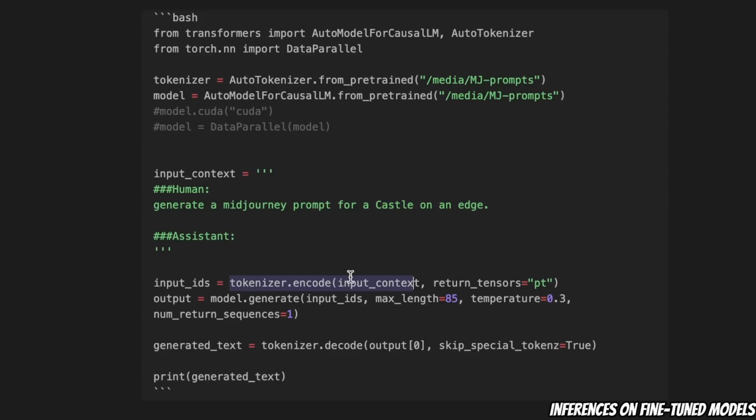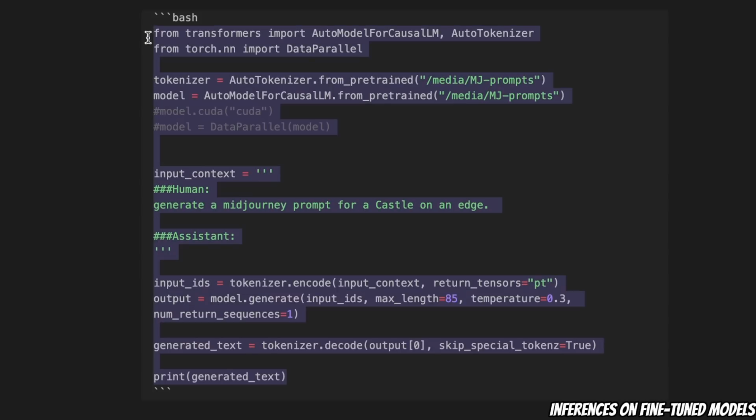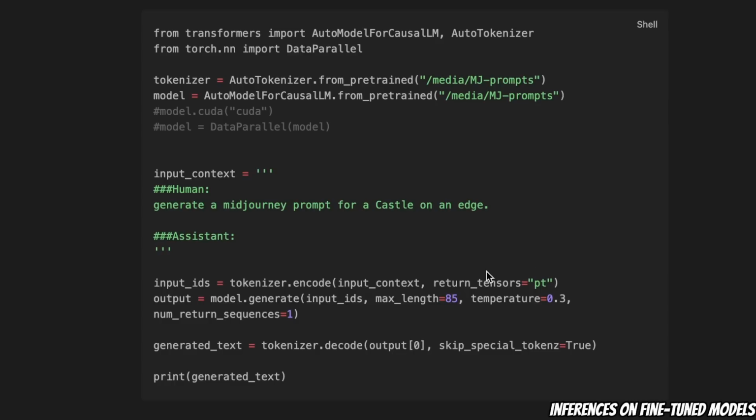And then we take that input, encode it using the tokenizer that we have, and generate a response from the model. So that is going to be our output. We convert that back to text, right, and print that text. So this is exactly what is happening within that app.py file that you saw. Now, in terms of parameters, right? The max length I'm setting to 85. You can play around with it, keep it longer or shorter. And the temperature is set to